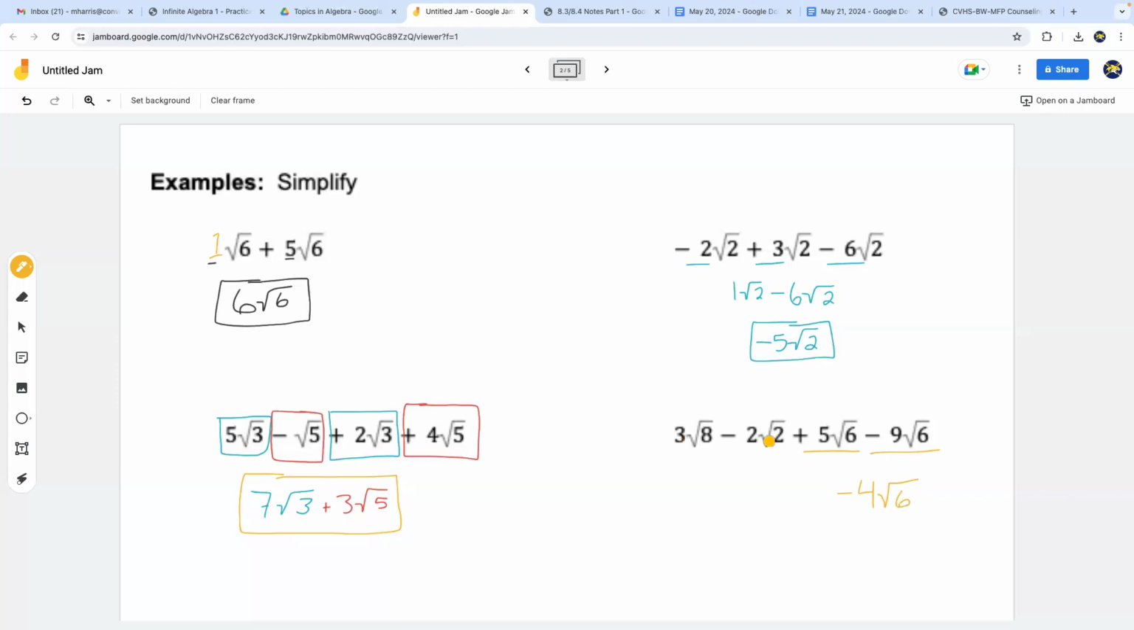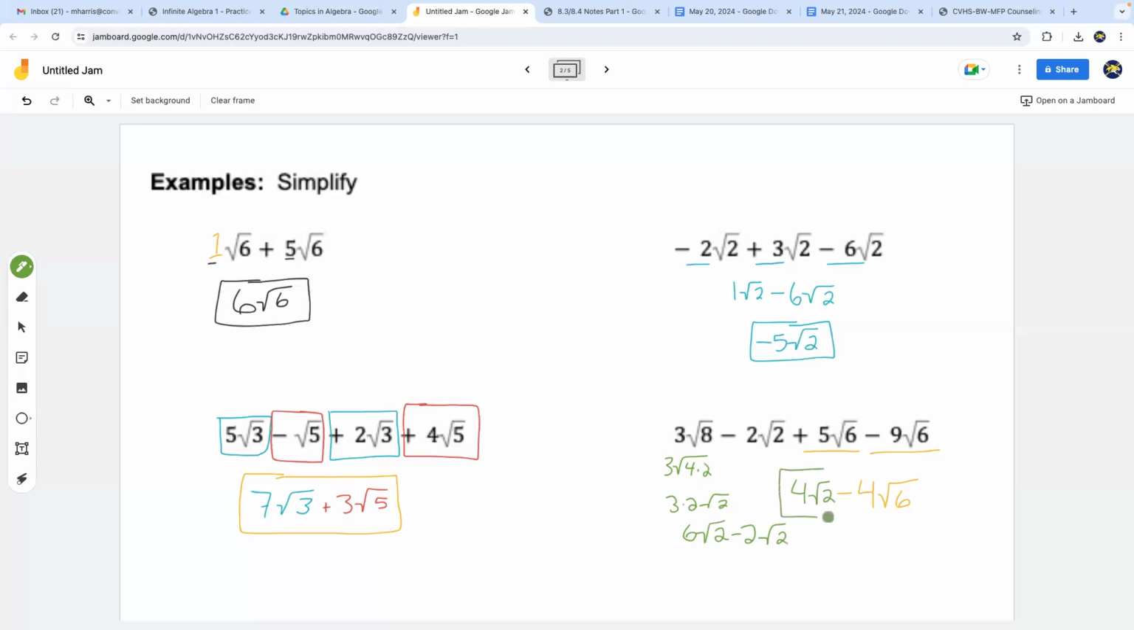But if you remember, we can split this root 8. We can split this up into 3 times the square root of 4 times 2, because the square root of 4 is 2. The 4 can escape. So now we have 3 times 2 root 2, which gives us 6 root 2. So this 3 root 8 turned into 6 root 2. Now we have 6 root 2 minus 2 root 2. 6 minus 2 is 4. So we have 4